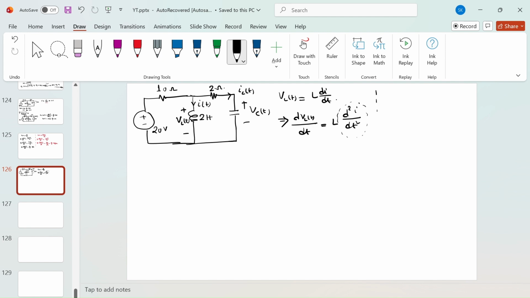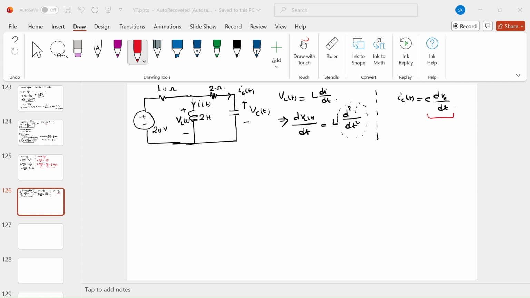So here you have to make some relationship from the circuit. C dVc by dt. Now if I write the KVL equations, loop equations, let's say this is my loop number 1 and this is my loop number 2. If I write the KVL in these two loops, from loop 1,